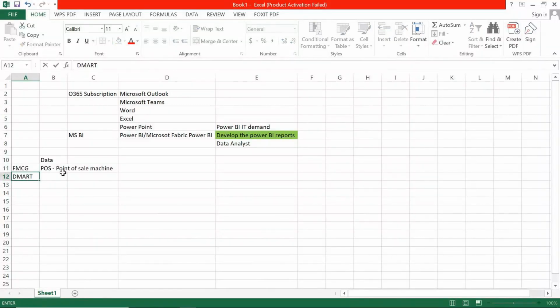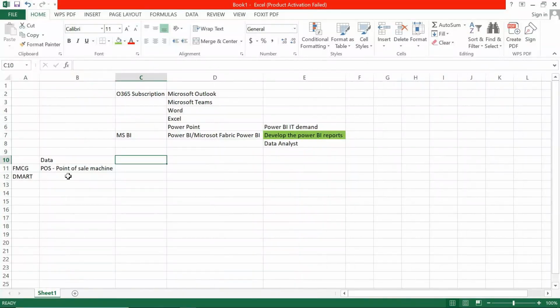DMart. Okay, so point of sale mission. Everyone, when a customer enters a DMart grocery shop or hypermarket or supermarket, whatever it is called, the customer picks the products. Now what we are getting is a customer. What will the customer do? Let's say customer C1 picks or chooses or selects different FMCG products. Let's say P1. He will choose the product P1, and then